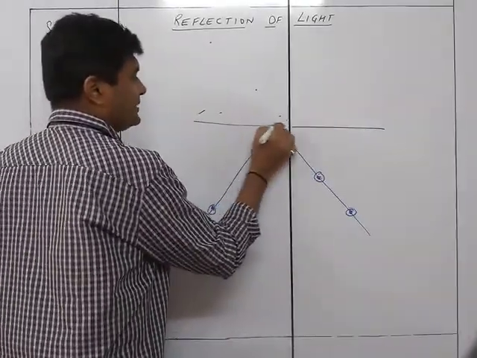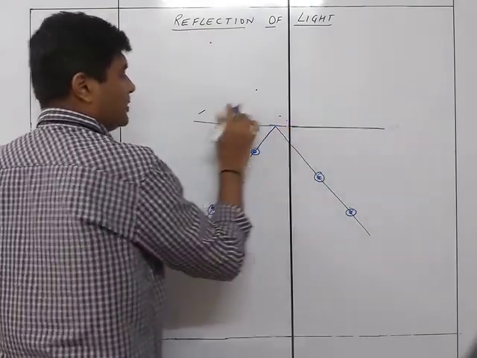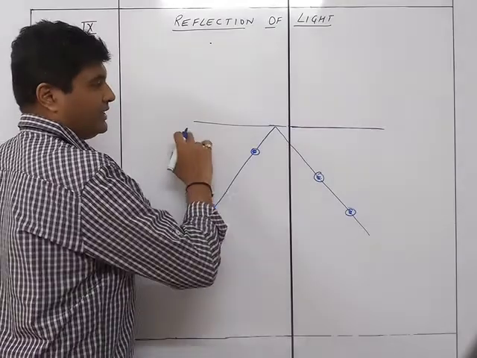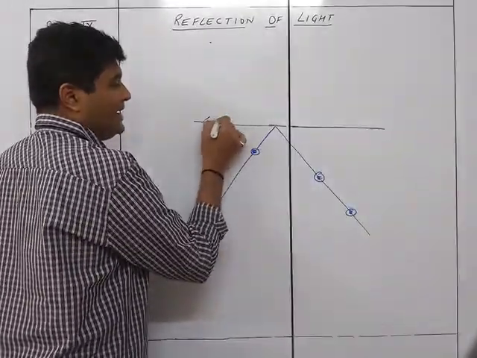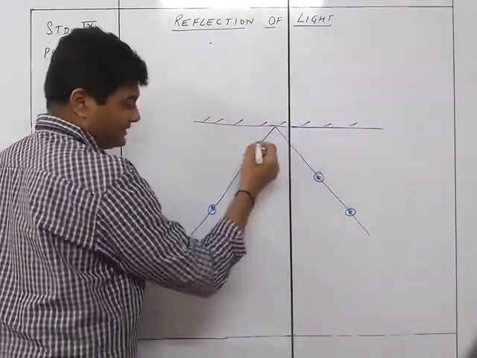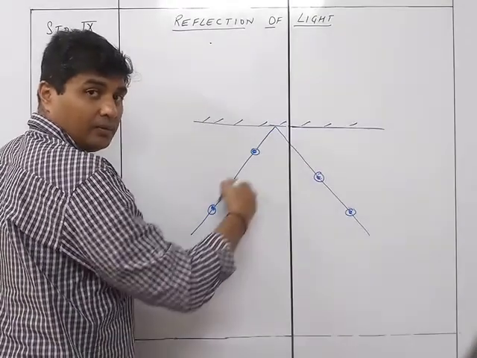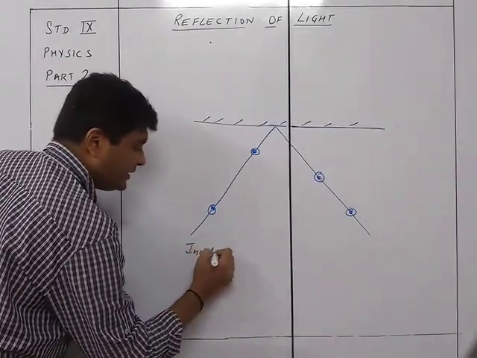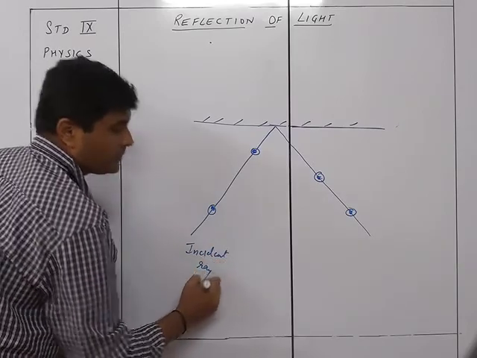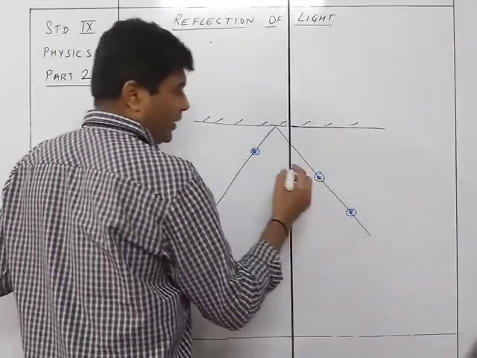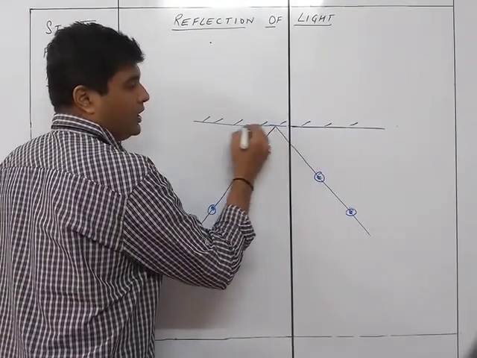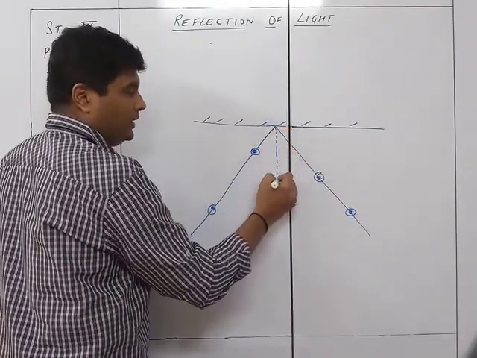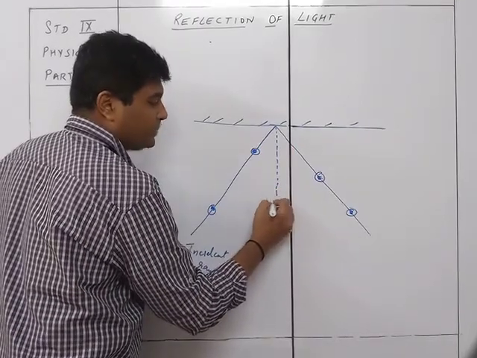So the line will be like this. This is no longer a mirror. I removed everything, but I got this figure right now, that this is the line of the original mirror. This is the line of the original incident ray. Now what we'll do is, we will draw a perpendicular over here. This perpendicular which I draw is my normal.